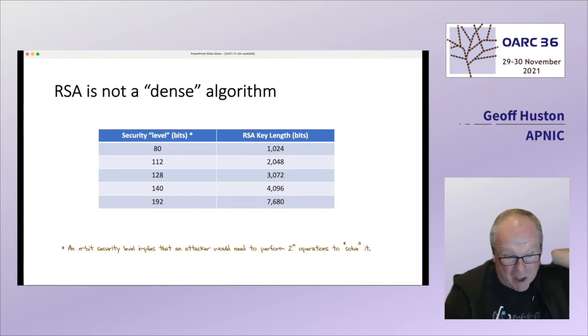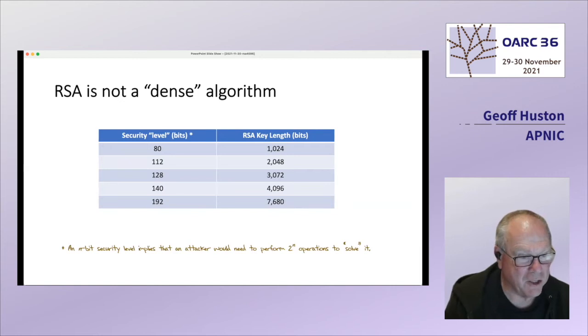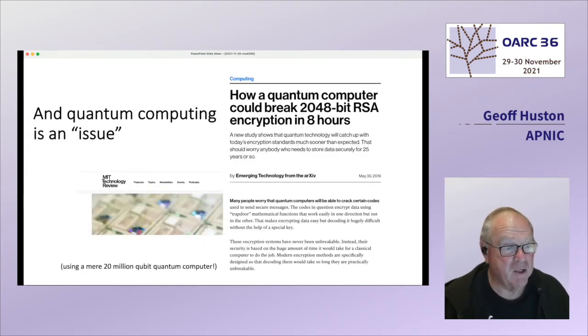And as you can see on the slide, what's the security level? Well, a security level of n means that you need to perform 2 to the n operations in order to solve the problem posed by the cryptographic text. So a security level of 140 means you need to have 2 to the 140th operations for an RSA 4096 encoded piece of text. The problem is not really the fact that computers are getting faster, it's the real issue